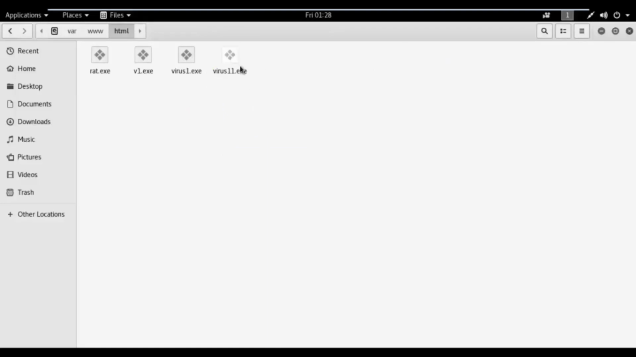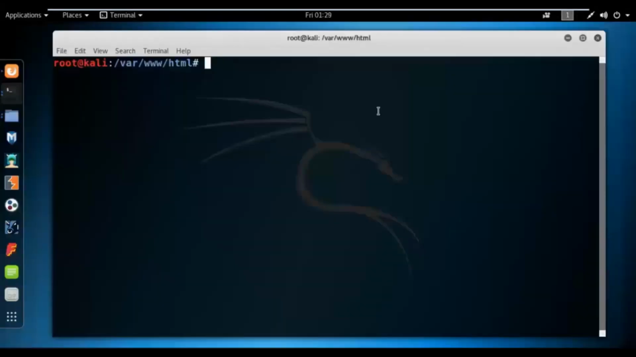The name of the virus is virus11.exe. Now right click here, click open in terminal. And now we need to start Apache server in Kali Linux. So to start, you need to type service apache2 start and hit enter. It will execute the command, and it means the Apache server is running inside our Kali Linux